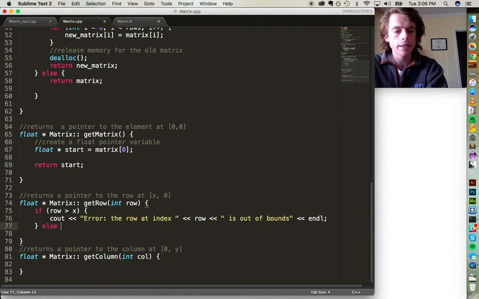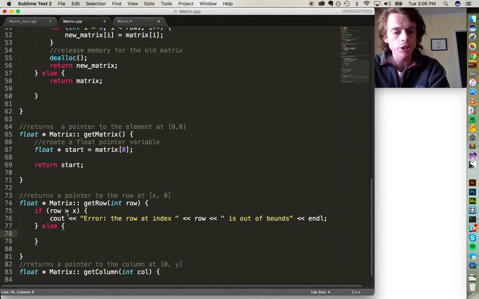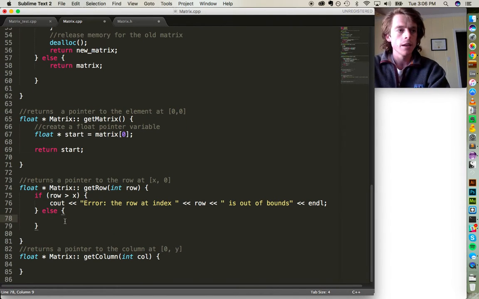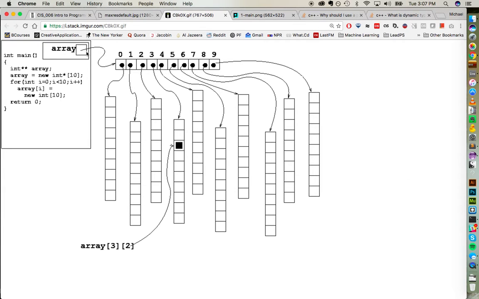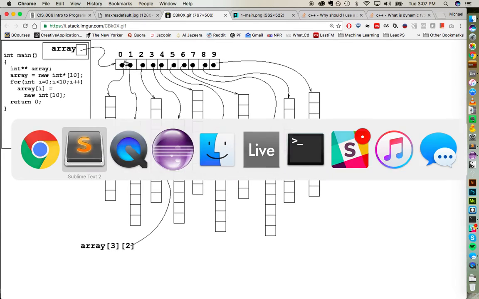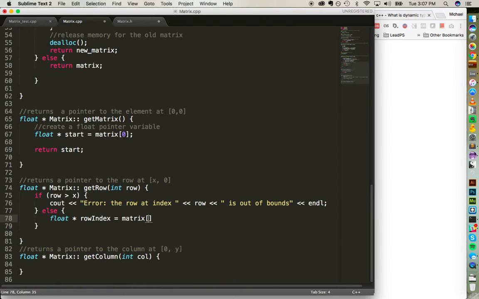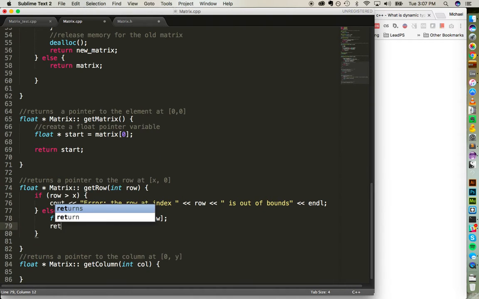Okay, and then if it passes the sanity check where it is in bounds, we can return a float pointer, and we can call this row index, and this will be whichever pointer is in this array of pointers. So we'll say matrix at row. And then finally, we need to return the row index variable. All right,